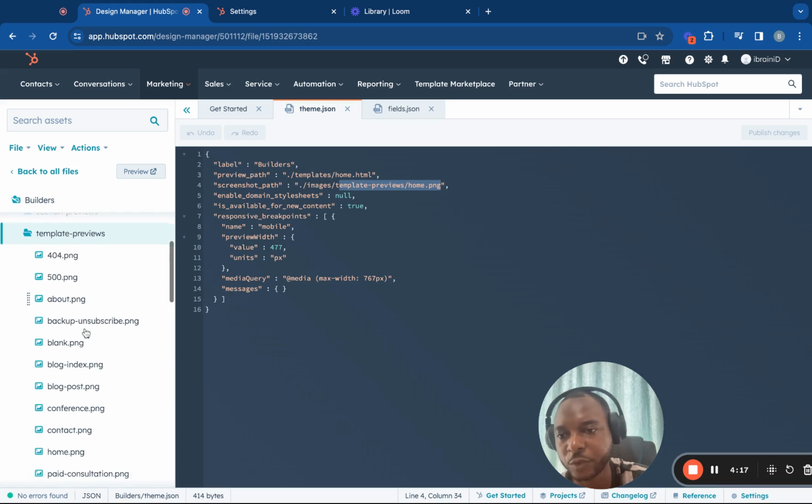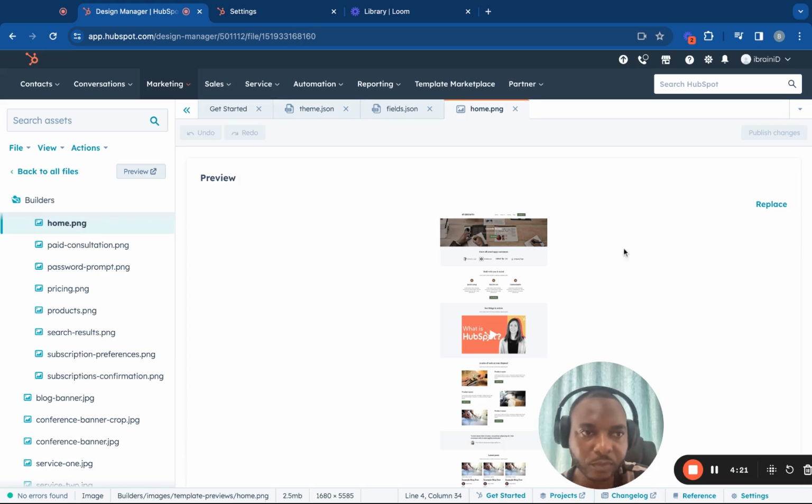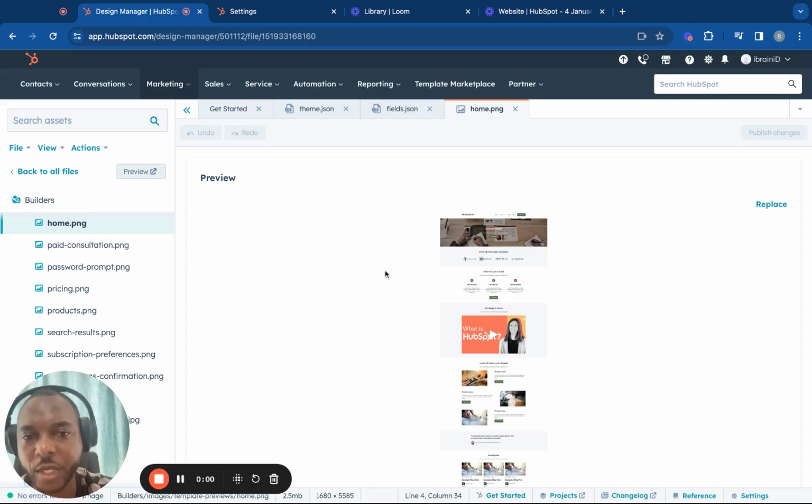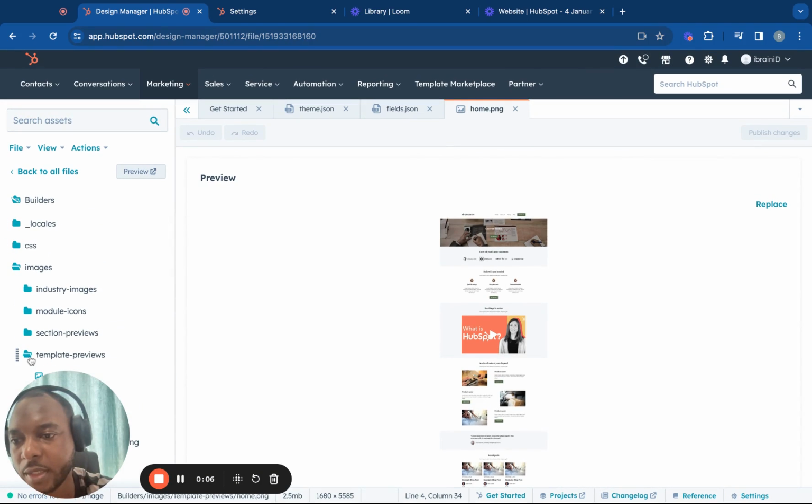So to upload the image, for instance, you can just click home. When I click there, replace, when you click replace, this is where you're going to be able to change your theme image. Okay, so that is that part there. This is where you change the image for the templates. So yeah, that's it. So now I'm going to show you how to